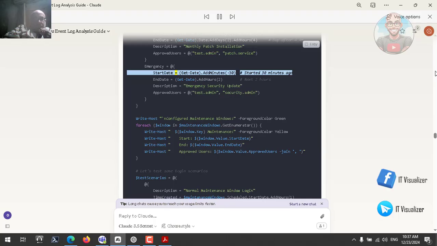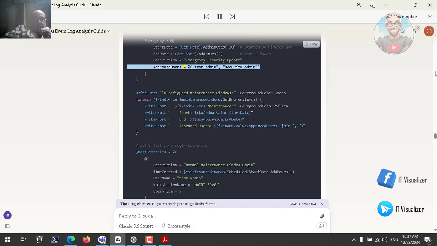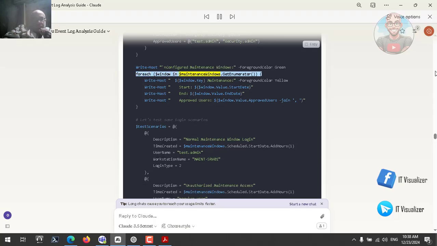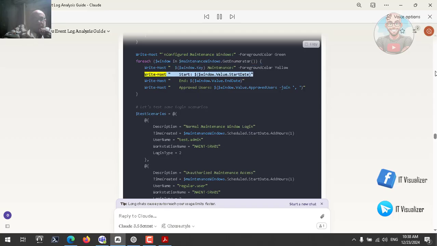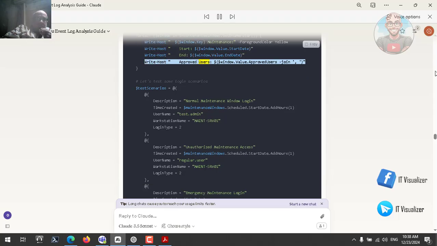"patch.service") }; Emergency = @{ StartDate = (Get-Date).AddMinutes(-30) # Started 30 minutes ago; EndDate = (Get-Date).AddHours(2) # Next 2 hours; Description = "Emergency security update"; ApprovedUsers = @("test.admin", "security.admin") } }. Write-Host "Configured maintenance windows:" -ForegroundColor Green. foreach ($window in $maintenanceWindows.GetEnumerator()) { Write-Host $window.Key, maintenance. Write-Host "Start: $($window.Value.StartDate)" -ForegroundColor Yellow; Write-Host "End: $($window.Value.EndDate)"; Write-Host "Approved users: $($window.Value.ApprovedUsers -join ', ')"